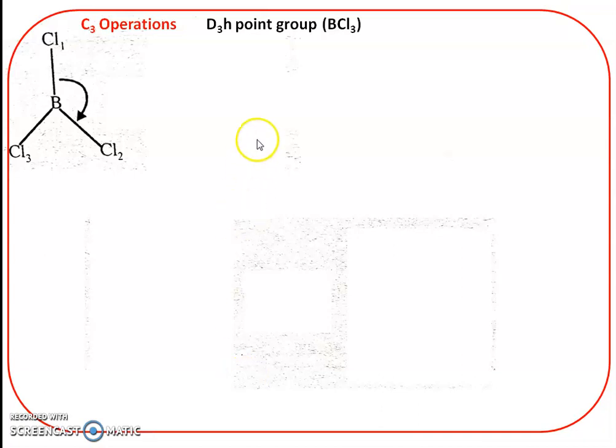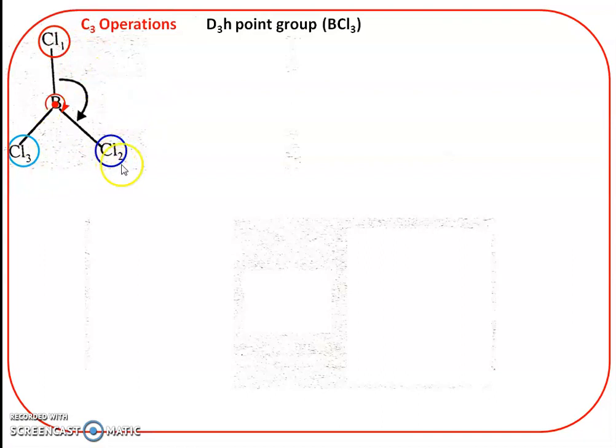During the last video lecture, we were discussing the D3H point group in boron trichloride. In boron trichloride there is a C3 principal axis, and three C2 secondary axes at right angles to the C3 principal axis, and a horizontal plane, and therefore boron trichloride belongs to the D3H point group. Now consider the boron trichloride